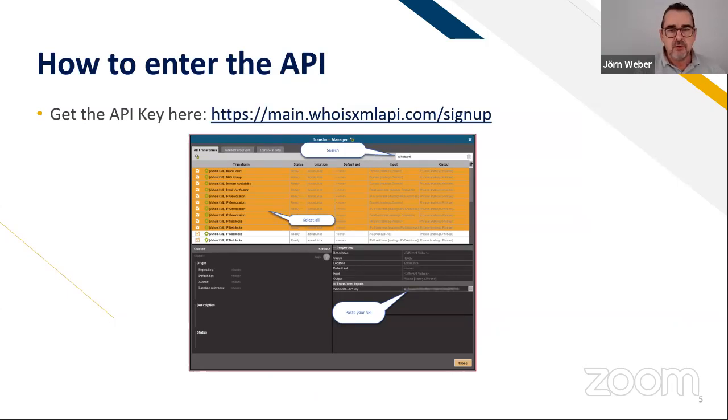One note: if you go to WhoisXML API, you need to sign up there to get the API key. There are a number of free API keys, or let's say free queries that you can do with your API key. You need to figure out what you want. You have seen the list, it's huge. Don't get confused. You need to pick the ones that you want.